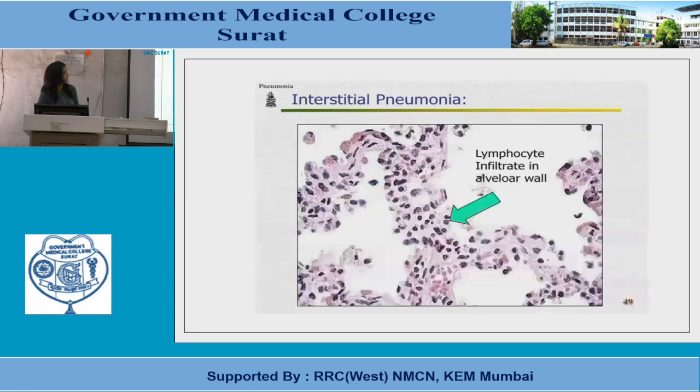So this is a photograph of viral pneumonia in which we can see these alveoli are clear, which are actually filled in case of bacterial pneumonia. So the main feature of viral pneumonia is an interstitial pneumonitis. We can see these alveolar septa are widened and they are infiltrated by mononuclear cells predominantly consisting of lymphocytes and plasma cells.